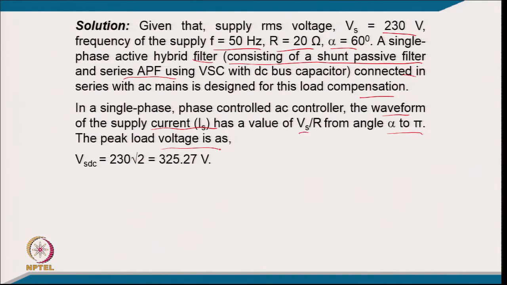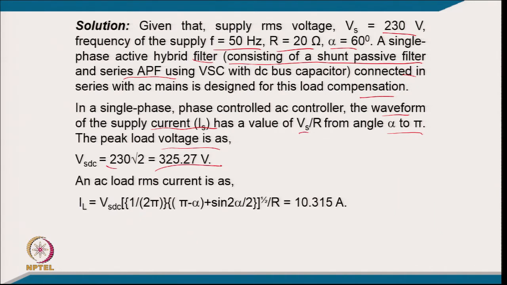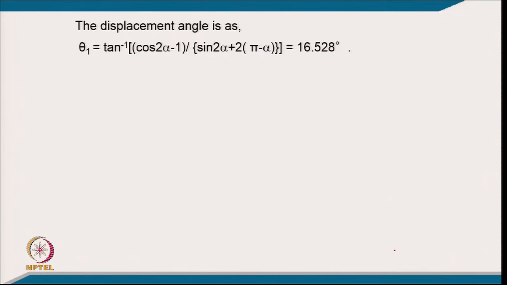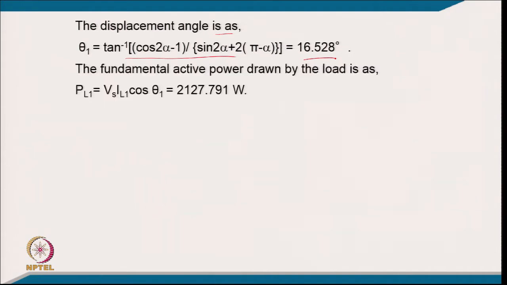So, peak load voltage will be 230 into root 2, that is 325.27, and the AC RMS load current you can calculate from this relation. So, it comes 10.315 ampere, and the fundamental RMS current will be, again from this relation, 9.65 ampere, and the displacement factor or power factor angle from this relation in terms of alpha comes 16.52 degree, and the fundamental active power drawn by the load will be Vs